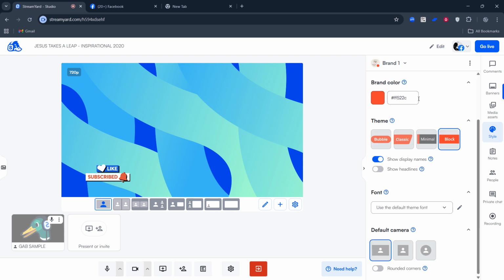Now, scroll within the Style area until you find Display Names. This is the specific control that manages the labels that appear under each video tile. Those labels are what StreamYard calls display names, and they show for you and for any guests who appear on screen. When you see the Display Names toggle, turn it off. You'll notice the switch change state, and right away the labels beneath each participant's video will disappear from the canvas. That's it. The name under your video will disappear.